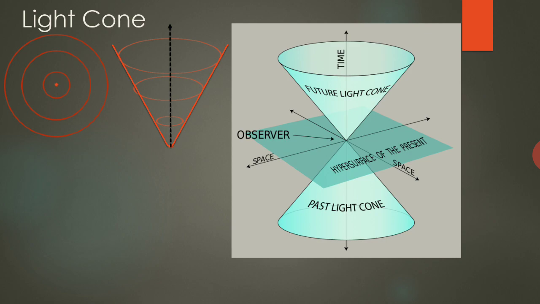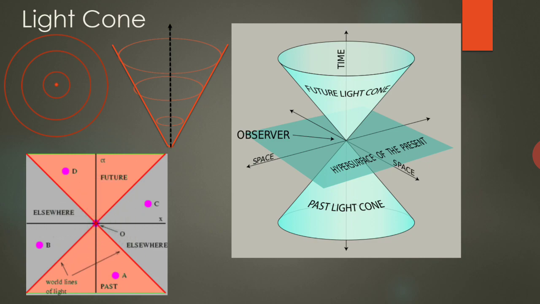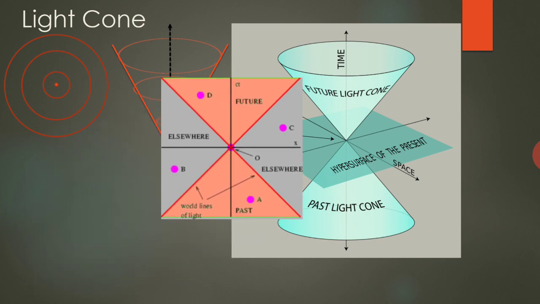If I take my time t equal to 0 as the origin, then the past events are given by the lower cone, and the future events of the light, how the light propagates in future, can be given by the upper cone. And if I take only one spatial dimension, I'll have a light cone like this, just like triangles. Further details of this light cone and space-time plots in Minkowski space and the concept of null vector can be understood if we further study this plot.